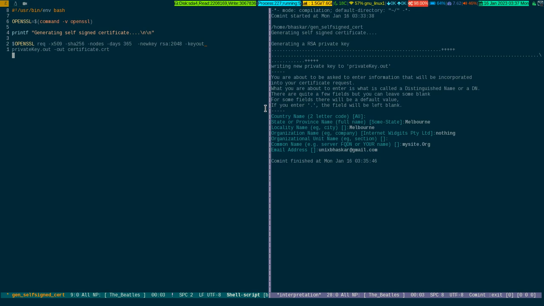Now you can bind it with whatever way you want to use it, but this is the simplest possible way to generate a self-signed certificate for yourself. So basically we use openssl,